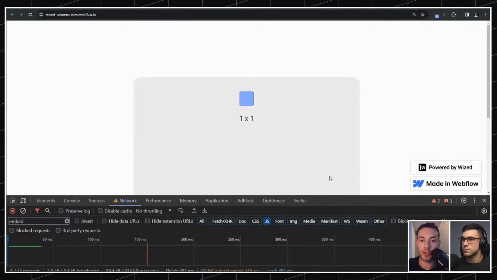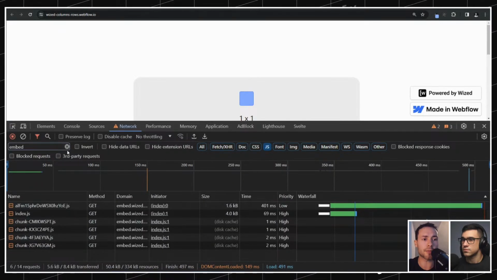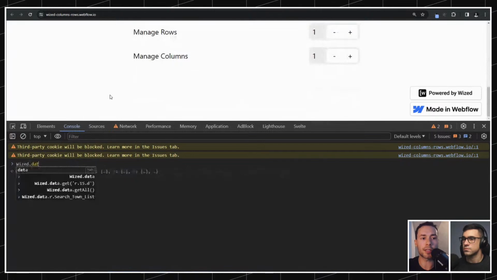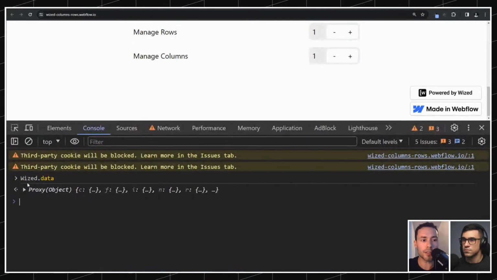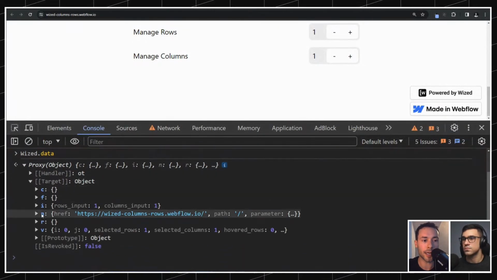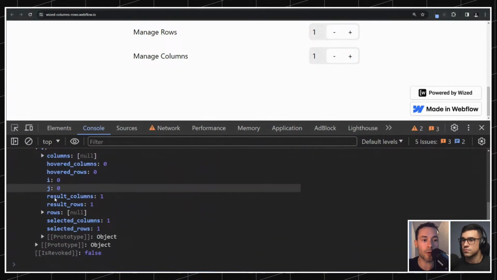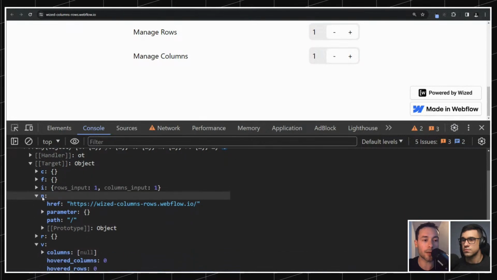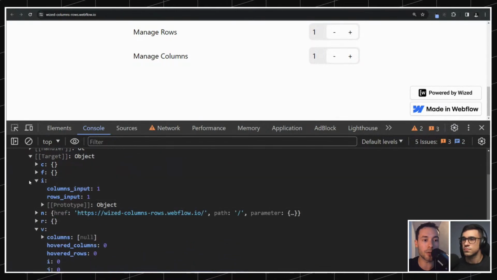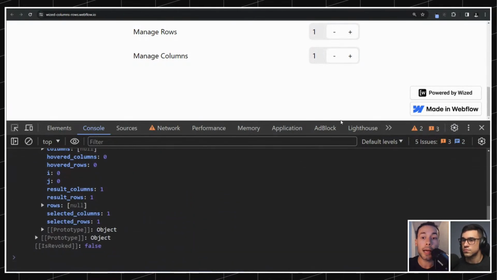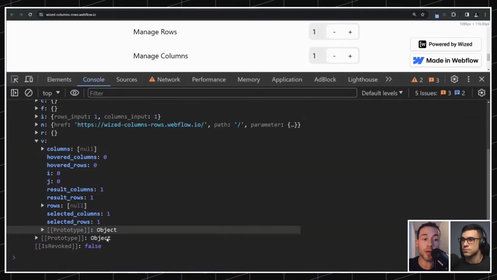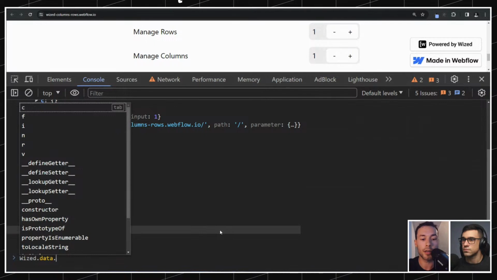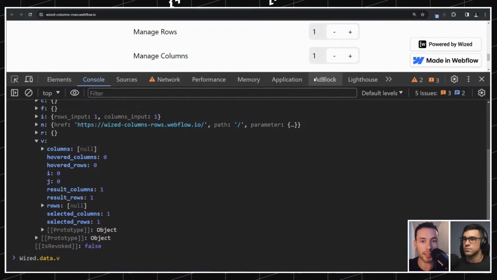And let me explain. So essentially in the embed, everything is reactive, right? So if we write here Wized.data, the whole state of the application is in here. So we've got some variables like that, and we've got some data stored about the navigation, we've got data about the inputs, we've got different things going on, right? And everything is reactive. So for example, if I say Wized.data.variables,